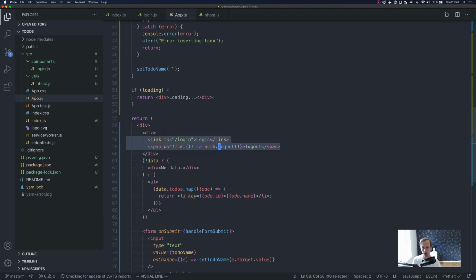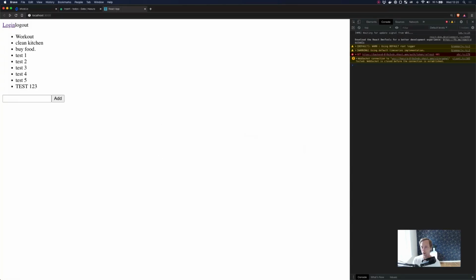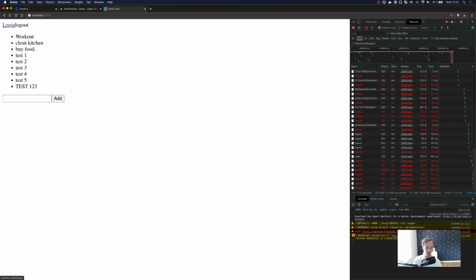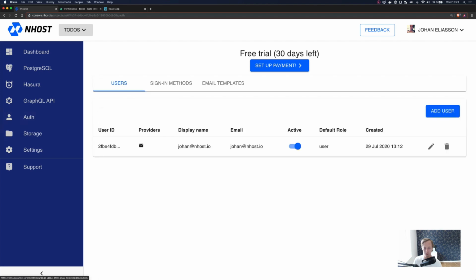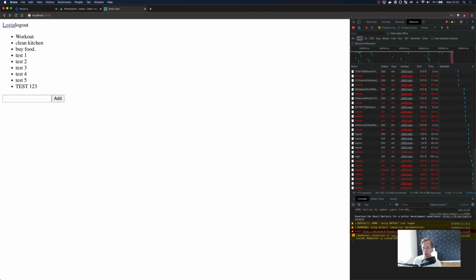Okay, we added the two links here. Log out, log in. Log out doesn't do much. I'm clicking here. Login will take us to the login route here. Okay, so let's try to log in with the user that we just added before. So right now we are logged out. We're going to log in with the user that I just created,